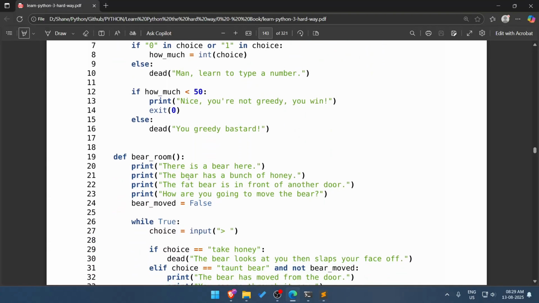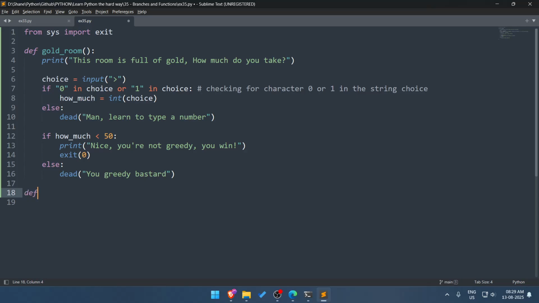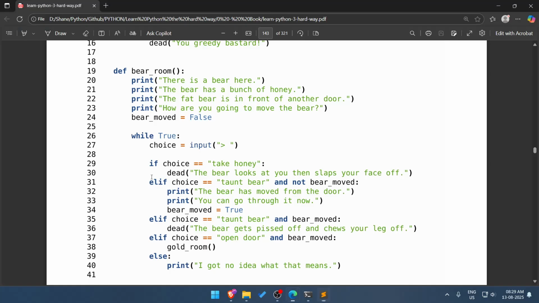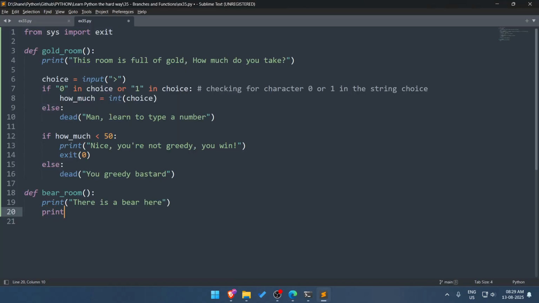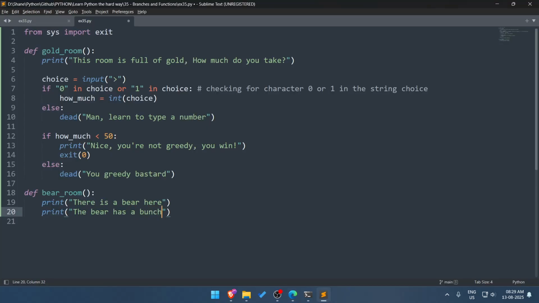Okay, then we have a different function, bear room. Print "There's a bear here." Then we have print "The bear has a bunch of honey."